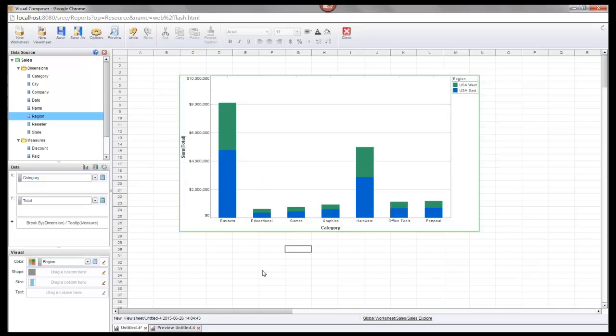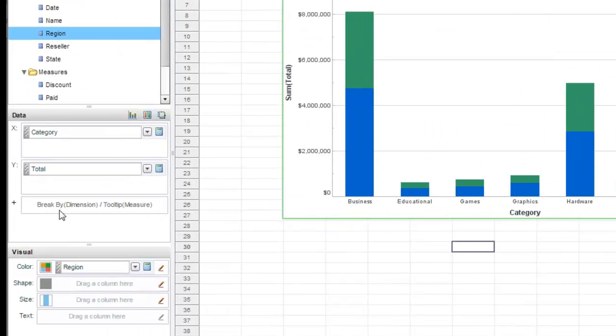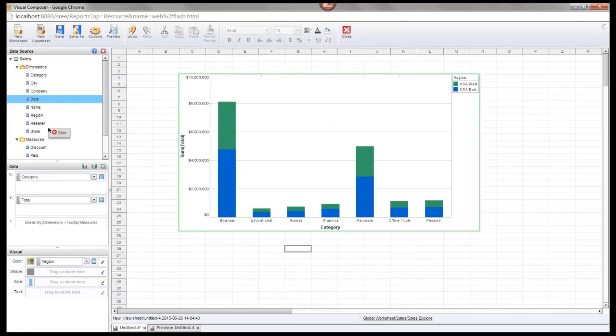But one interesting thing that I wanted to bring your attention to is the case where you may want to break up the data to do comparisons, but not have those groups identified visibly using color or shape or size. For example, let's say that I wanted to look at the individual years. I wanted to break it up by year, but I didn't want to use color or shape or size to do that. What you can do is use this break by field. So I can grab the date field here, drag it down to break by,